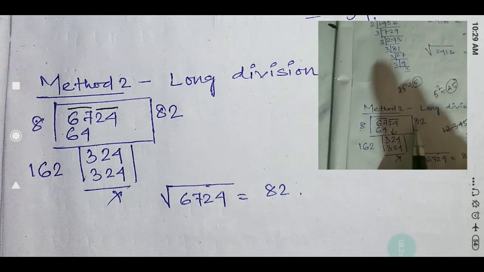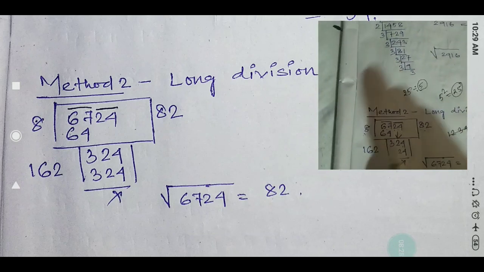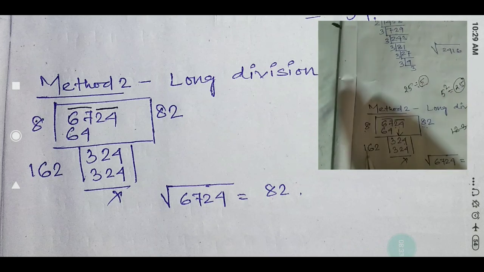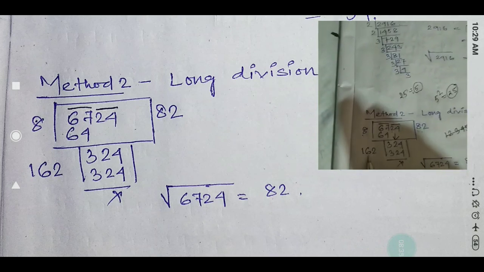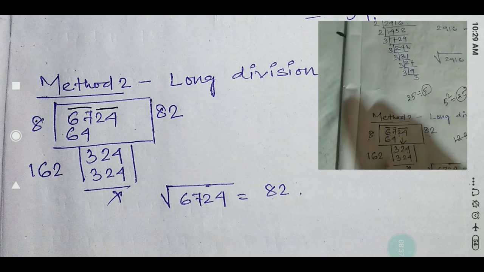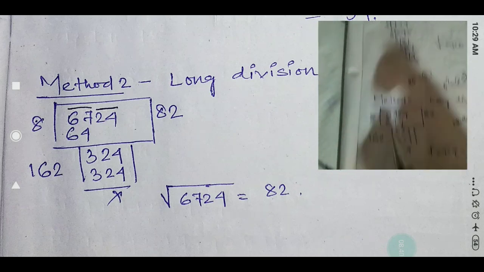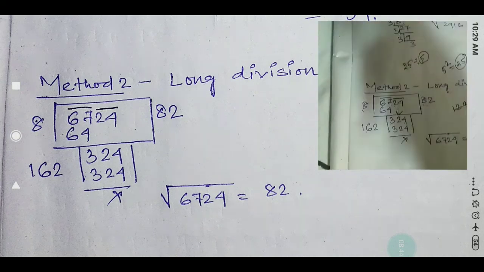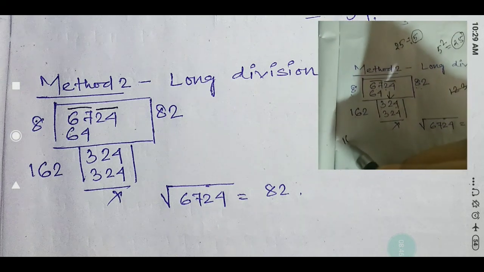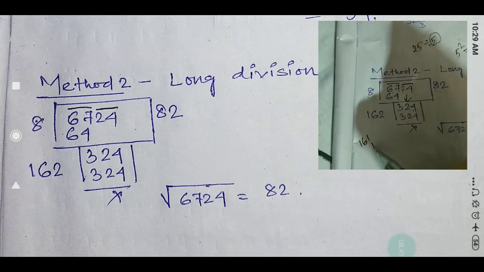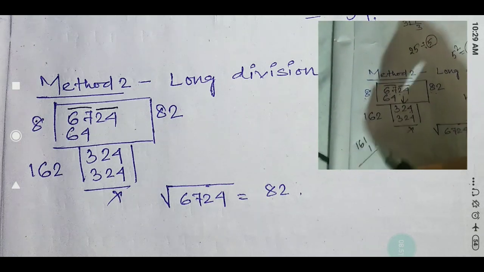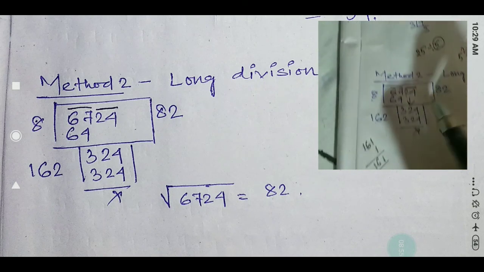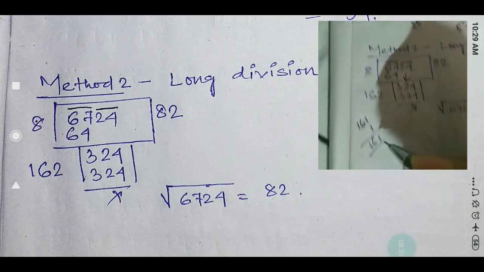Now here I have taken 8, and here also I have taken 8, no? So whatever your quotient is, that will be doubled here. So if you take 8, it will be 16. That means with 16 something we have to multiply. Now I have taken 16. Now let's try. We need 324. If I take 1, here also you have to take 1. So multiplying 161 by 1 gives 161. It is much smaller than 324. Let's try with some bigger number.